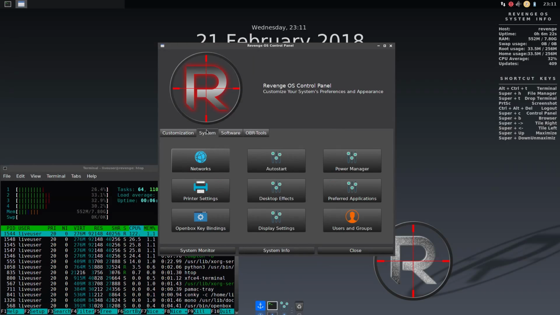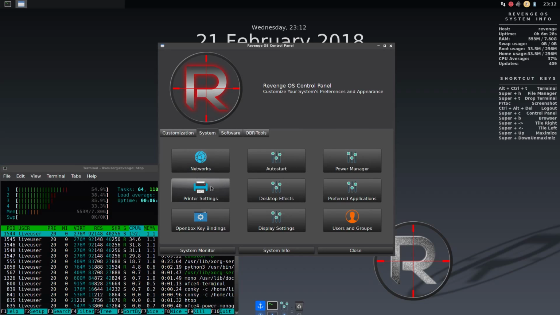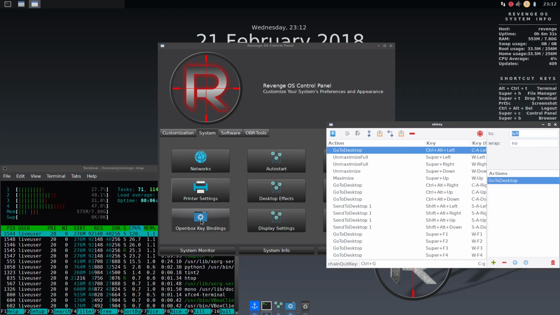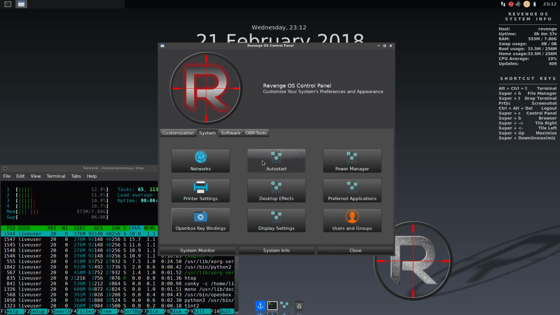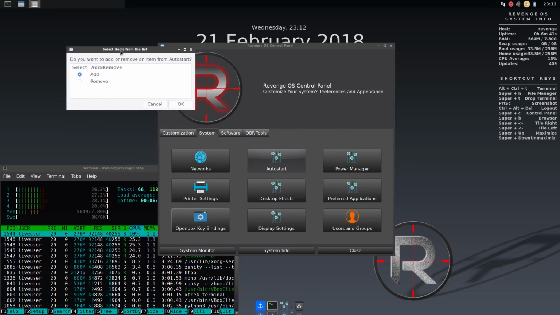And your system, you have your standard network connections, printer settings, which doesn't work. I assume it works when it's installed. Open Box key bindings with OB key. Auto start settings, which I think is a little odd how they set it up, because you could either say